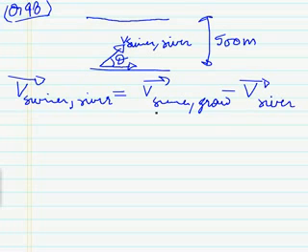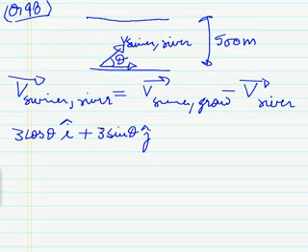That's also in the vector notation. So velocity of swimmer with respect to river can be given as, because it goes with 3 km per hour, 3 cosine theta i cap plus 3 sine theta j cap,